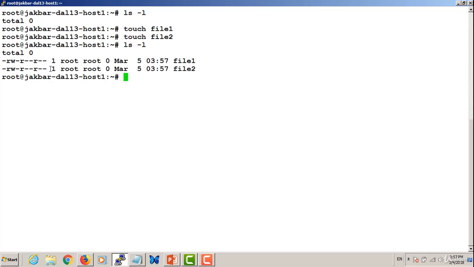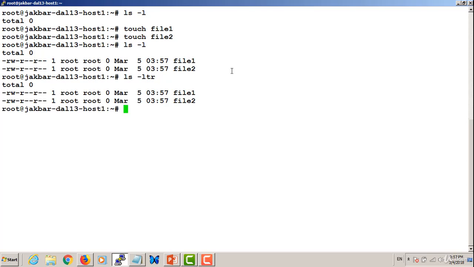It shows the file permissions, who's the owner, the group, and the date the files were created or last modified. To sort files as per last modified time, you can do ls -ltr. It shows the last modified first. But in our case, since we have created both files right now,